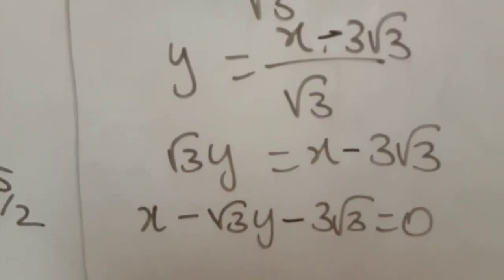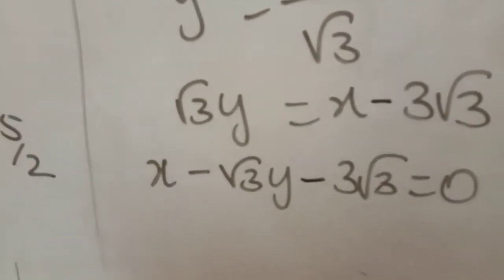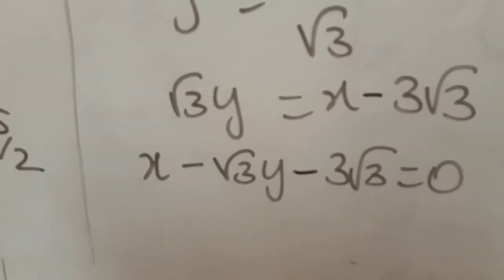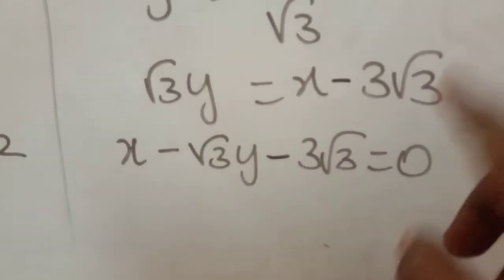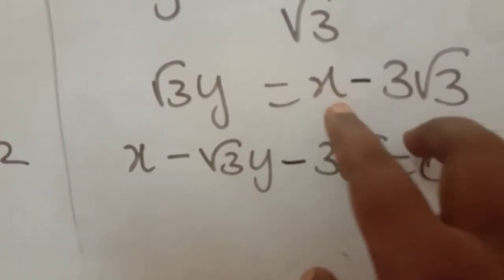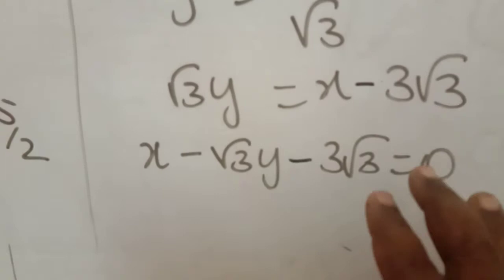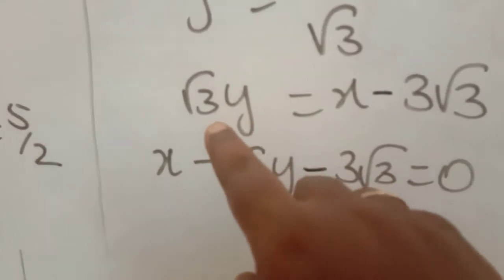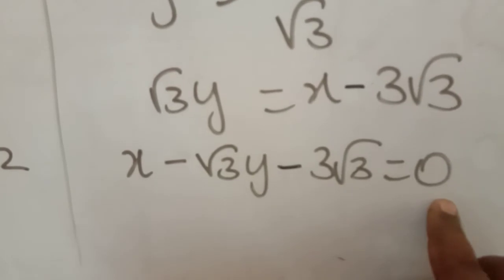Okay, from this question up to the last question of this chapter, whenever we are finding the equation, confirm that x is positive. Okay, that is the standard form: x then y then constant. That is the standard form of equation of straight line. So here x is positive, so bring all the terms on the left hand side to the right hand side along with the x. Suppose in case my x is negative, so I will bring these two to the left hand side to make x positive. Okay, don't forget x should be positive in the final answer of equation of a straight line. So here x is positive, so bring these two to the right hand side. So x minus root 3y minus 3 root 3 is equal to 0.